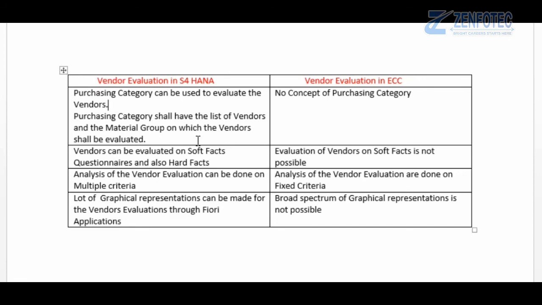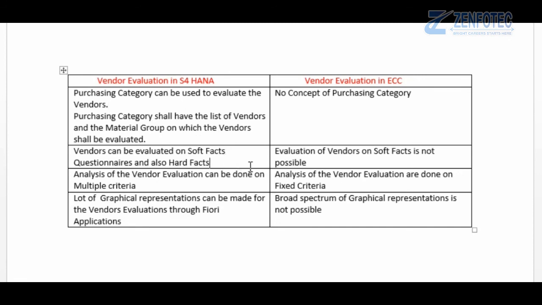So with this purchasing category, I have brought in one common platform in which the vendors cannot complain to me that no, you are not evaluating the vendors on a similar platform. I can open the purchase category comparisons and I can show him that no, boss, I am evaluating both of you on the same materials, and you see your performance.